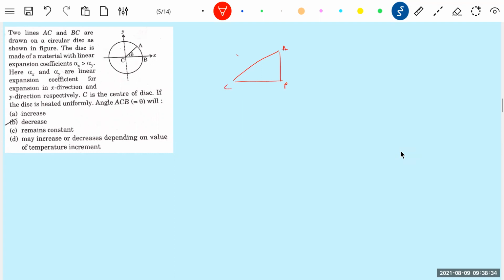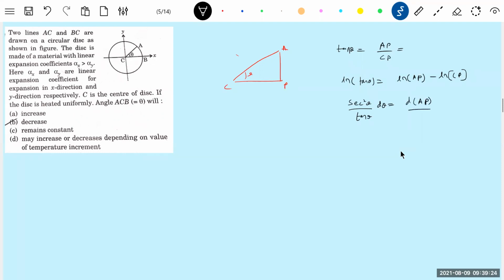Okay, this is P, this is A, this is C, this is theta. Tan theta will define it. Tan theta is equal to AP by AC. Sorry, CP. Let me take log of tan theta equal to log of AP minus log of CP. Now let me differentiate this. So this will be secant square theta by tan theta d theta. Log of AP, derivative of AP by AP. This should be equal to